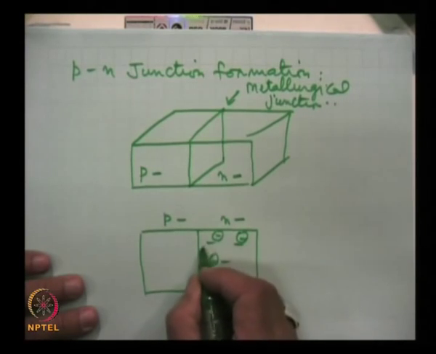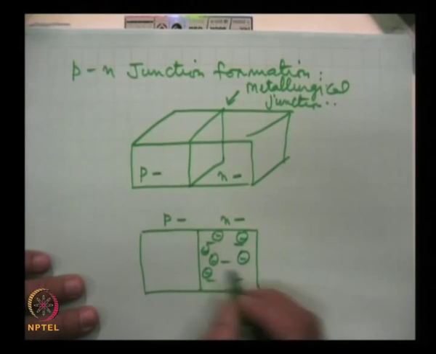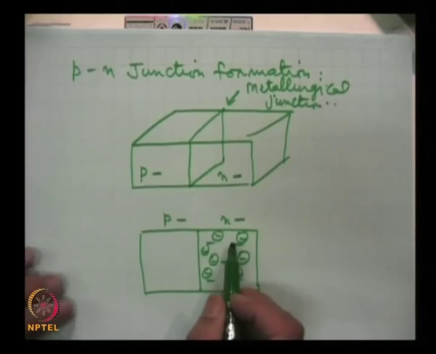These ions play a significant, important role, so we can't ignore them. While they do not take part in the conduction process because they are not mobile, they are rigidly fixed at